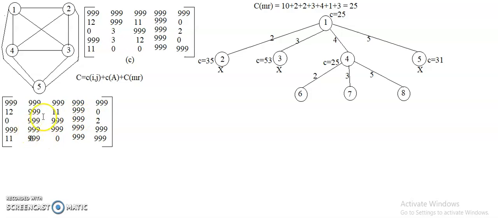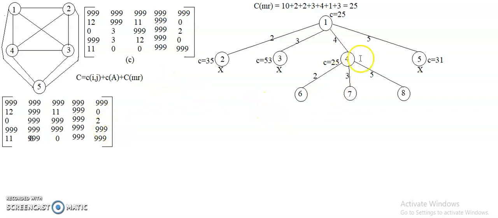Now check for row reduction. In this row it is infinity, ignore it. The second row has a 0 element, the third row has a 0 element, the 4th row is everything infinity, and the 5th row has a 0 element. So there is no row reduction. In the case of column reduction, each column has a 0 element, except the infinity ones, so there is no reduction there either.